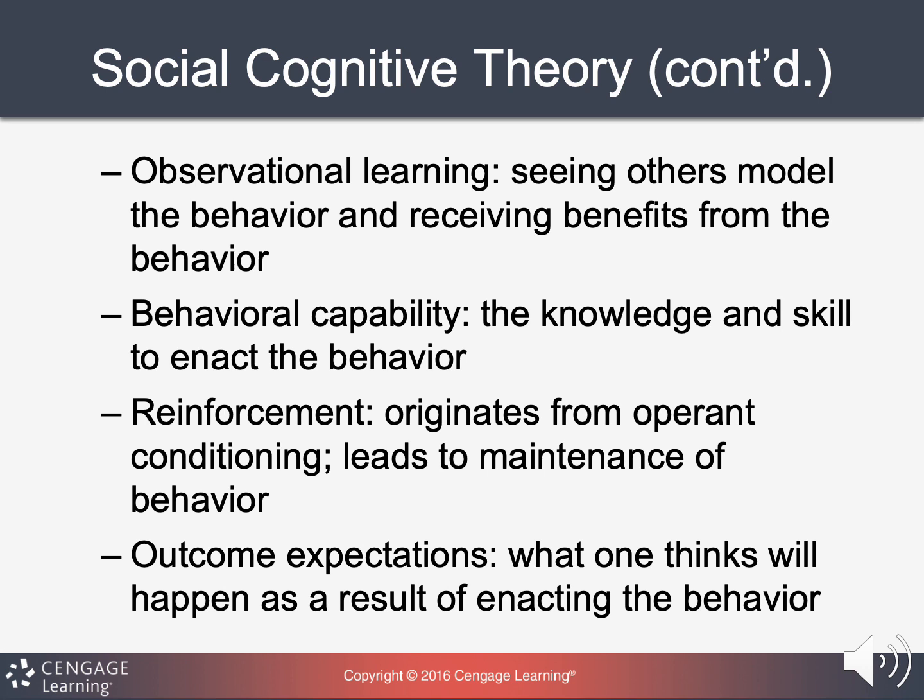So maybe having the knowledge and having the ability, like maybe they're really good at school, so they focus on that instead of falling into drugs like their family has. Reinforcement, so those are things that come from operant conditioning and help people maintain that positive behavior. So like if a person, maybe since that child is focusing on school and they're getting awards and accolades, and maybe they even get recognition from the school, get recognition from their family, then that's going to feed that behavior to keep doing well in school.